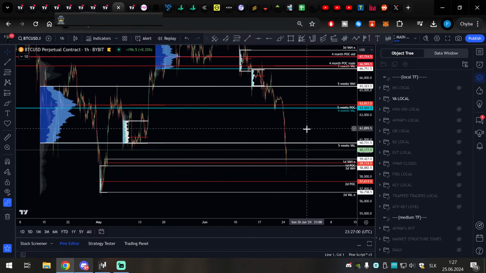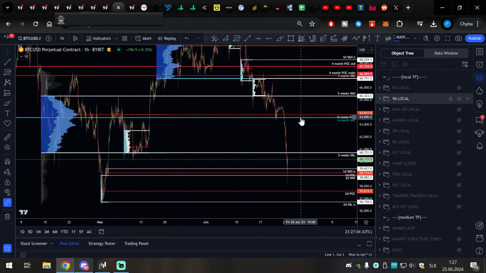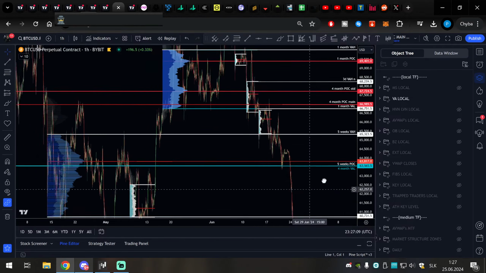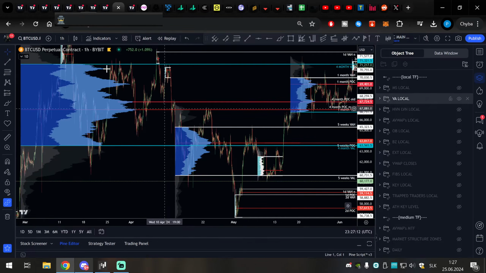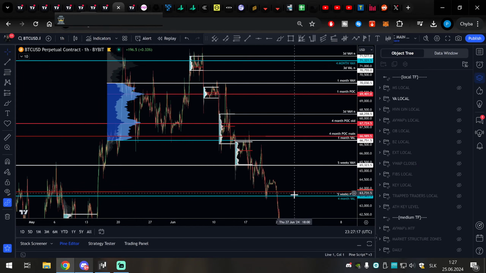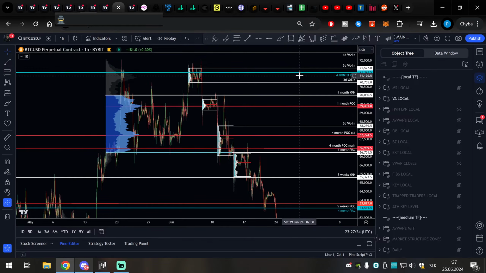For the swing trade, we need to start rotating this range, but also reclaim the 4x VAL. If we do reclaim the 4x VAL and we don't start rejecting, you can then start thinking about the rotation of the 4x range, and that's going to be a big swing trade for you, where you can aim from 63,000 to... you will have multiple resistances on the way up. You have the 4x point of control here for the whole area. This is all point of control, and it is going to be a big target for your swing trade. If you reclaim here, you will head for the 71,000.